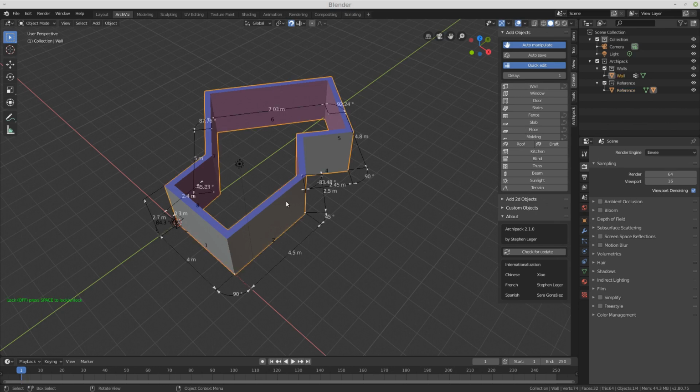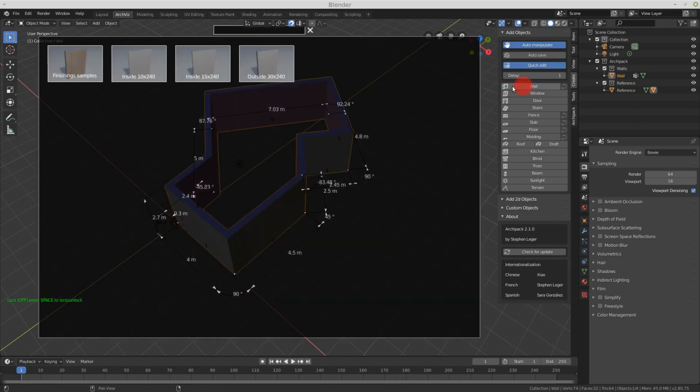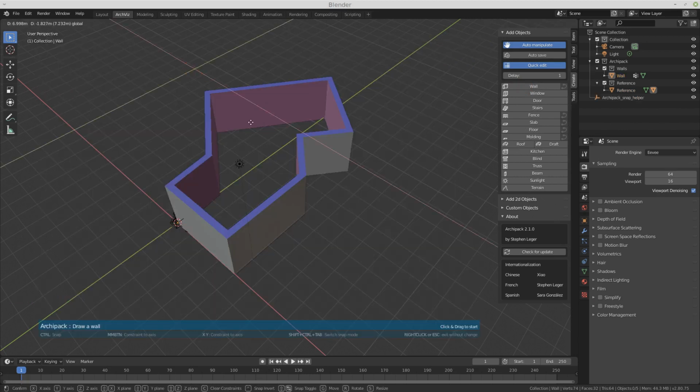Usually when a wall is selected, you can draw another one, and this new one will be part of the same level. It will detect the reference point and parent your wall to the reference point.